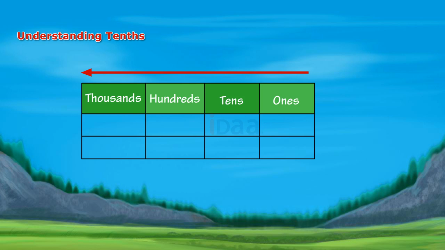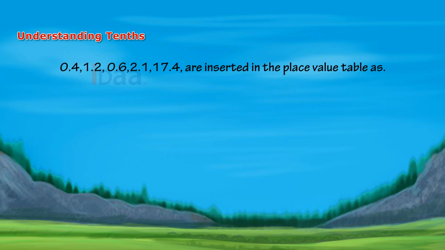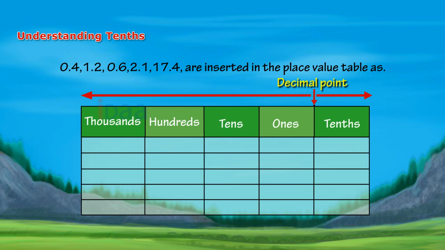For writing the decimal in the place value table, we extend the table to the right by one column. The new column is titled 10th. Decimals like 0.4, 1.2, 0.6, 2.1, 17.4 are inserted in the place value table as